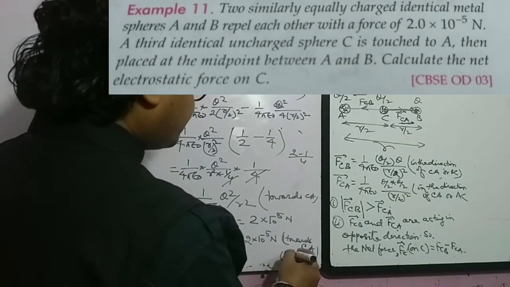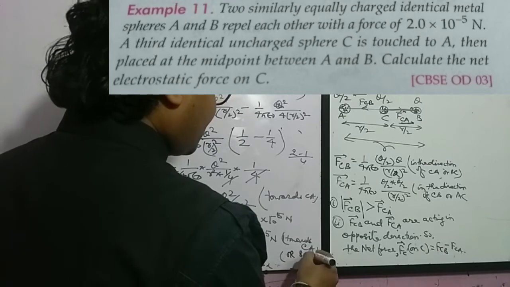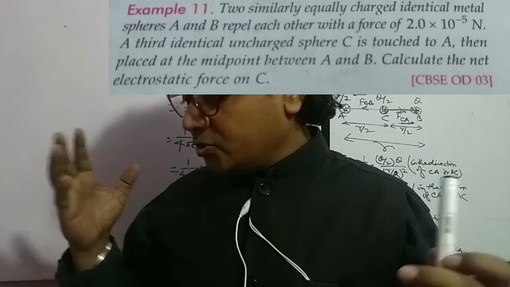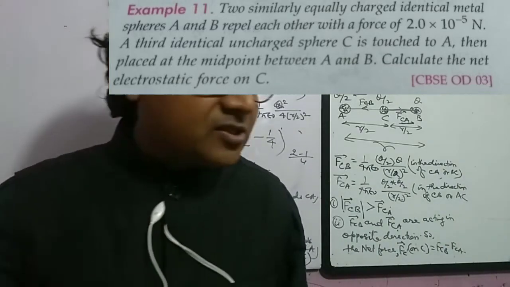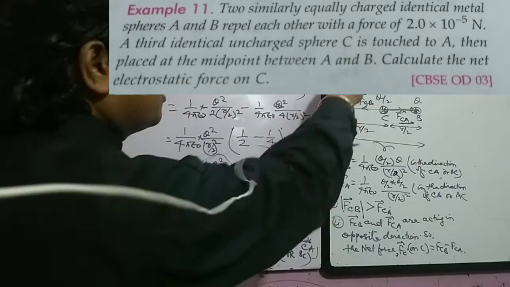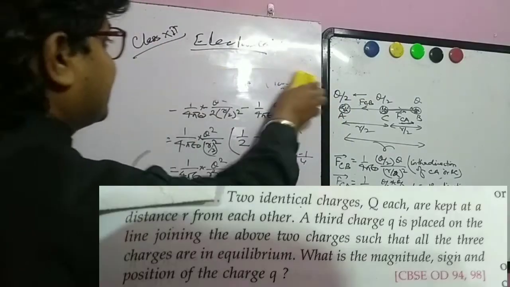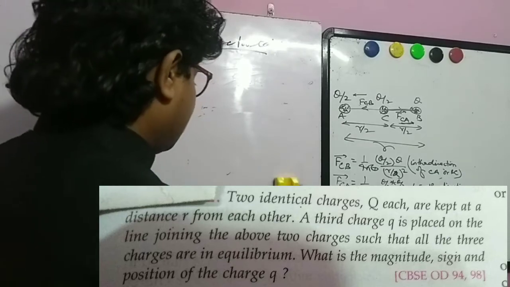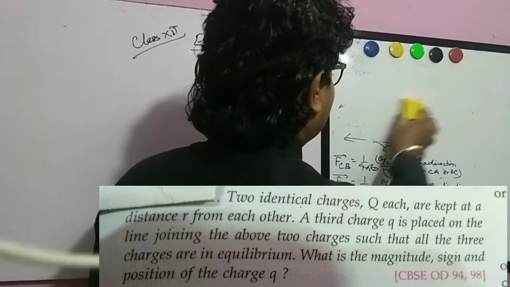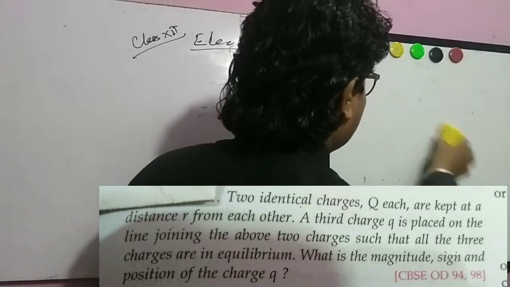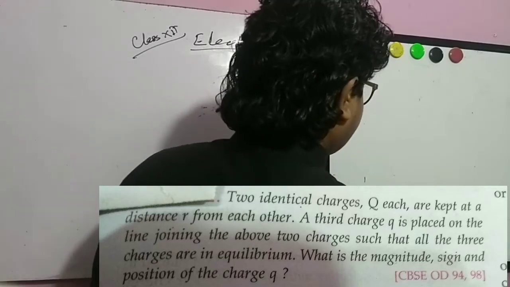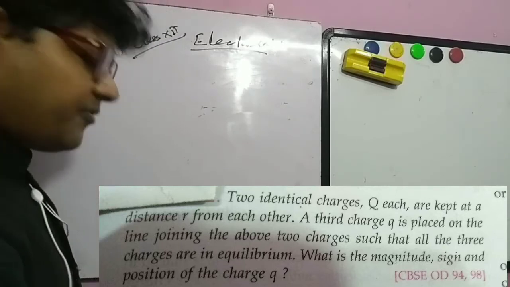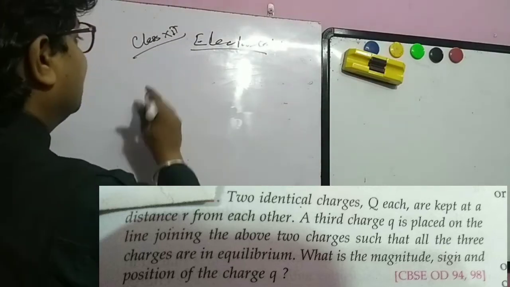So, another problem we have got, with two charges placed at a certain distance. The second problem, you can see at the corner of the screen. So this I am going to solve, and this is again a very similar, simple problem, and we can solve it in a very simple way, right?